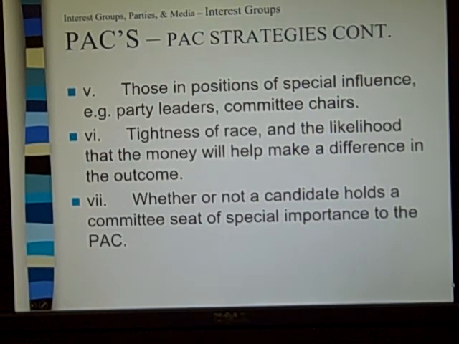They ask McCain questions. The questions that they're asking McCain are, what types of technologies do you want to see on your next fighters? And that way, Lockheed or Boeing, they're not going into this blind. They have some sort of idea of what the United States government wants, and then they use that in order to create a plan or a plane that will garner them a contract. All right? So that's how it couples into access and then special influence or committee chairs. And the tighter the race, the more likely political action committees are to give money, especially, again, if that incumbent is somebody that favors their ideologies. Okay?